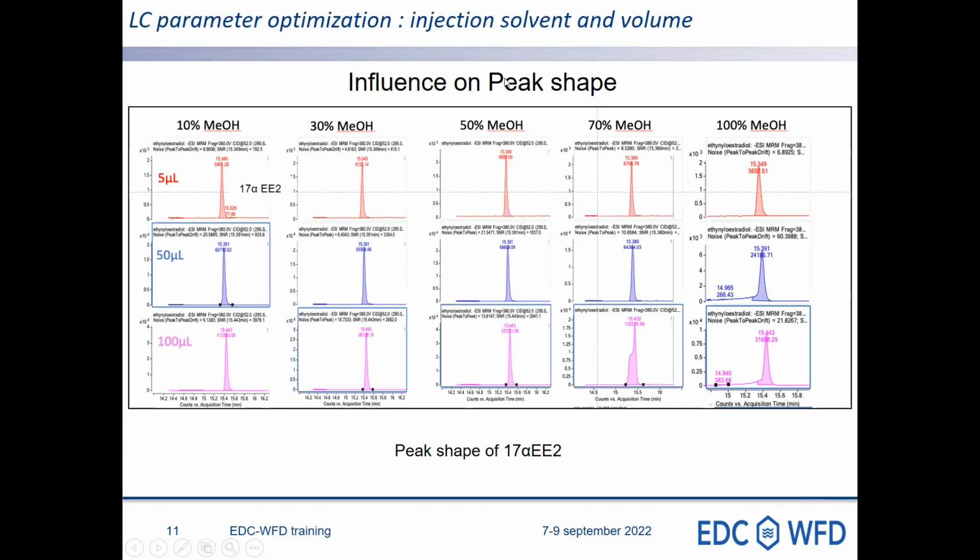Let's go now to the importance of the choice of the condition of injection, so the injection solvent and the volume of injection. So here you have different chromatograms showing different methanol content in the injection solvents and different volumes of injection. And what you can see is that it's not because you will inject